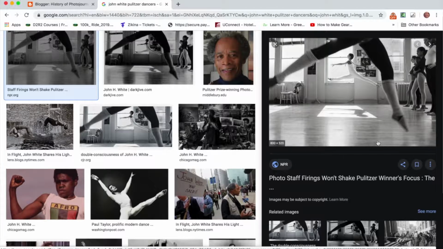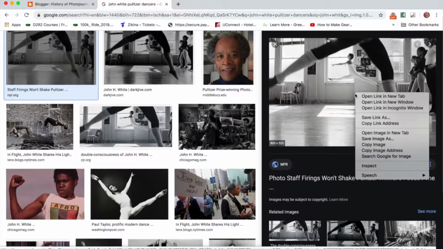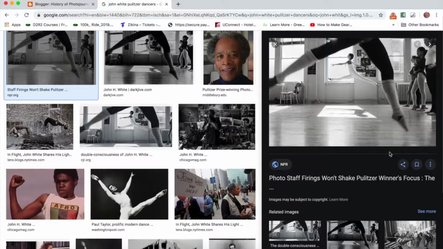So there's a couple of things to notice about this. First of all, we need the actual image, not the website the image is on, but the actual image to add it to our blog post. So if I hover my cursor over the image and I right click, I get this menu, and I want to come down here to copy image address. So when I click on that, it's automatically going to copy the image address. So I'll come back here to my blog,